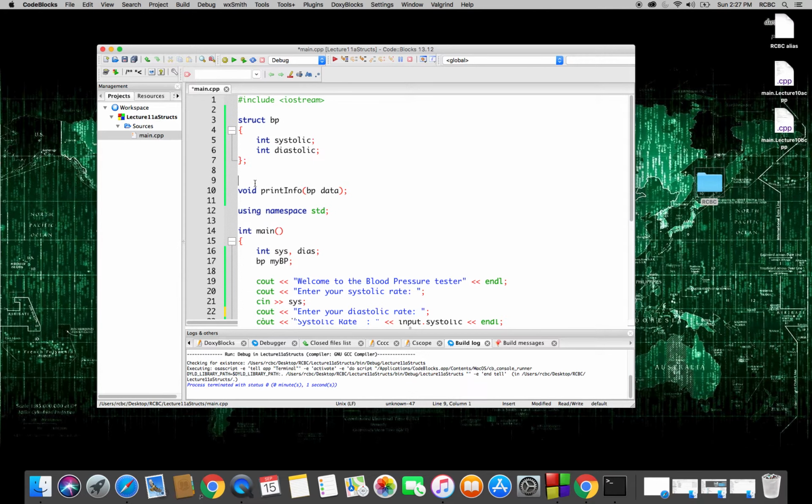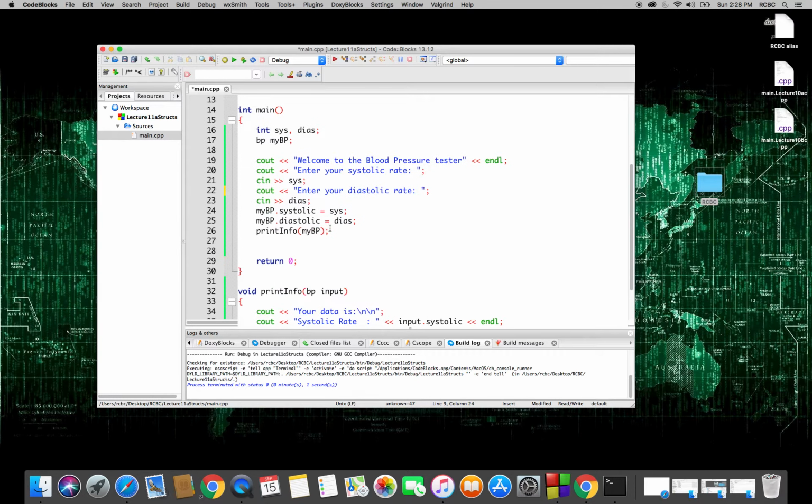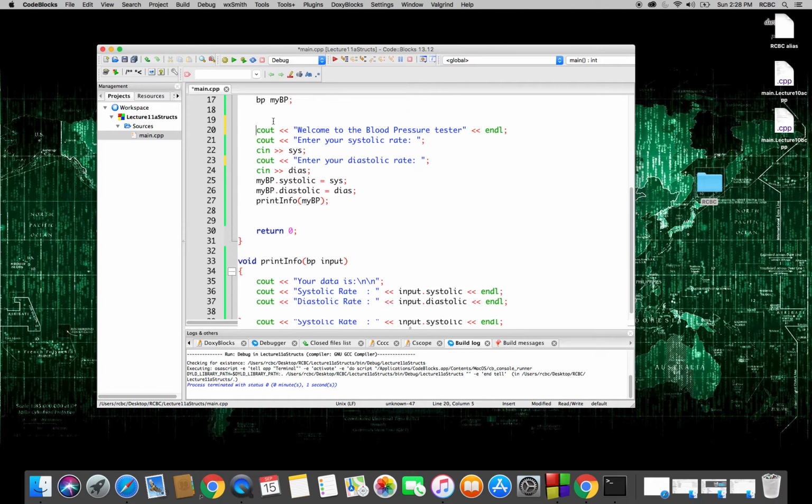So let's create another prototype, void, and we can call it maybe set info. So we're going to set the info to the BP data, but we're going to send it in via reference, ampersand data. Okay, so we declare all this, and I'm going to comment this out,